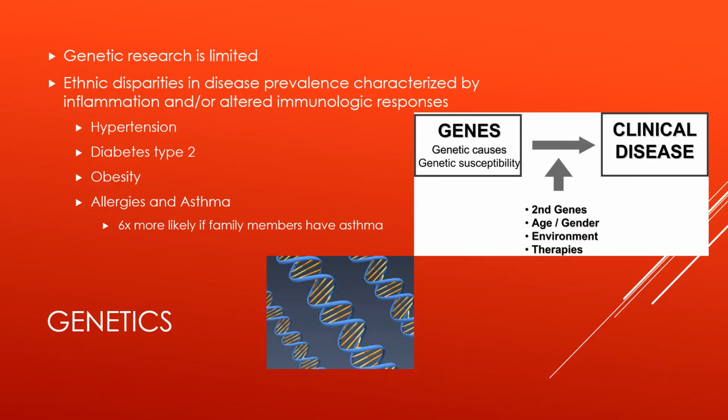You may be asking, what's the role of genetics in asthma? Genetics can predispose you to a bunch of different types of illnesses, such as hypertension, diabetes, obesity, and yes, there are links between your allergies and asthma. Typically, you are 6 times more likely to have asthma if any of your family have it. And a lot of times, even if you are genetically predisposed to asthma, you really need to manage it. Like I was telling you about controlling your asthma and determining your level of severity.